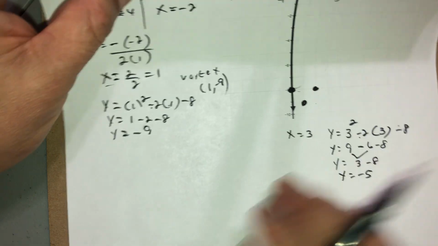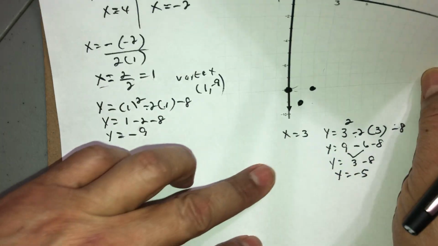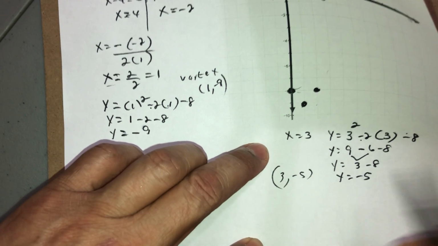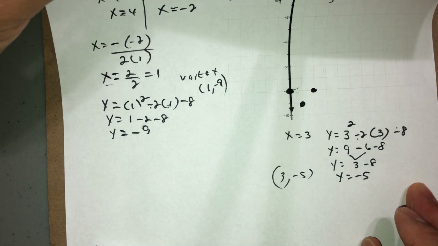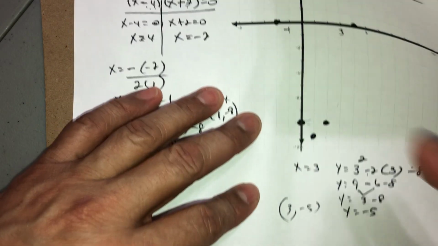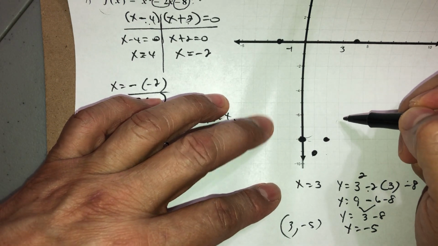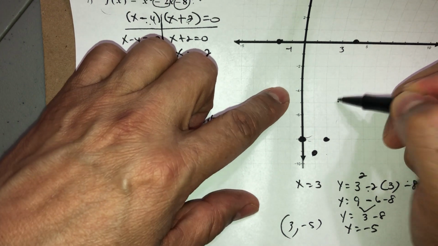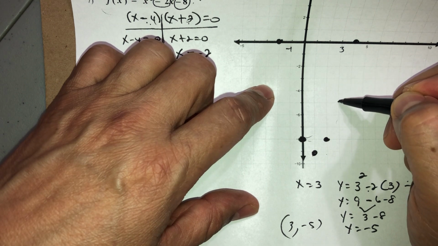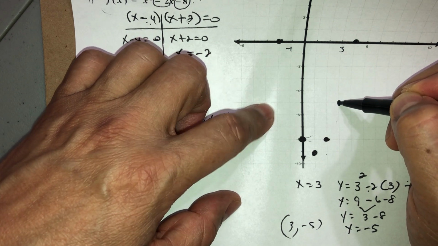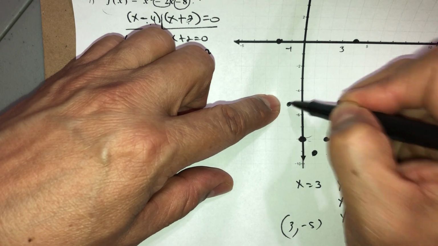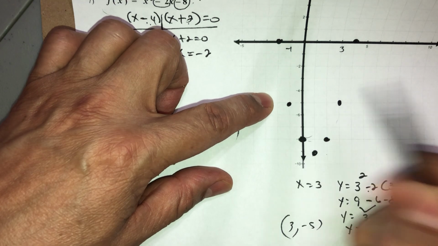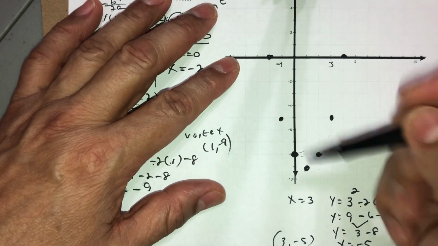So I already found my other point. When x is 3, y is negative 5. Where is that point on the graph? When x is 3, where's my negative 5? Right here, because it goes by 2s: 1, 2, 3, 4, 5, right here. What I have to do now is find the other image, which is right here, because I was missing negative 1 and 3, and this is the image of the other one. And I have all my 7 points, so I can complete